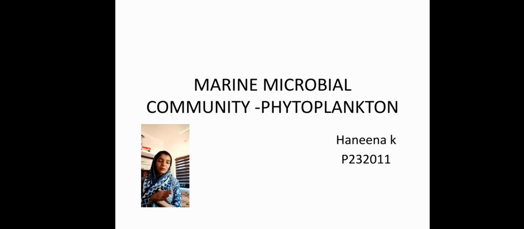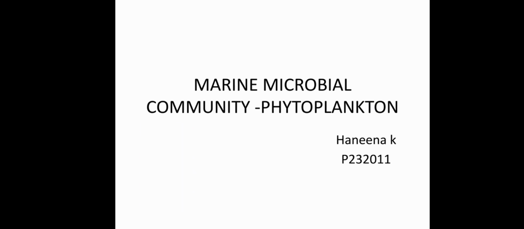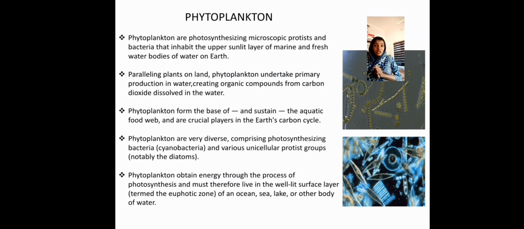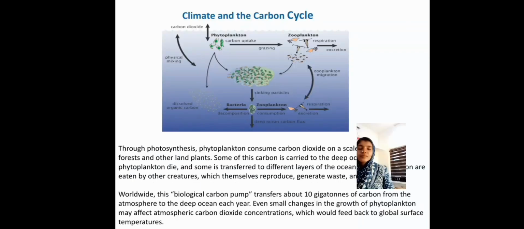Today, here I am talking about the marine microbial community, mainly the phytoplankton. So, we know that phytoplankton, which is also known as the microalgae, are similar to terrestrial plants in that they contain chlorophyll and require sunlight in order to live and grow. So, most phytoplankton are buoyant and float in the upper part of the ocean where sunlight penetrates the water. So, phytoplankton also require inorganic nutrients such as nitrates, phosphates and sulfur, which they convert into proteins, fats and carbohydrates.